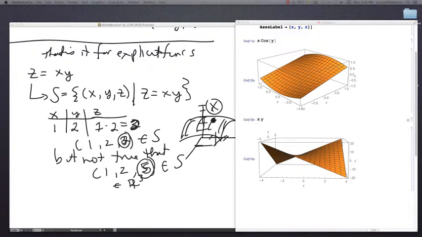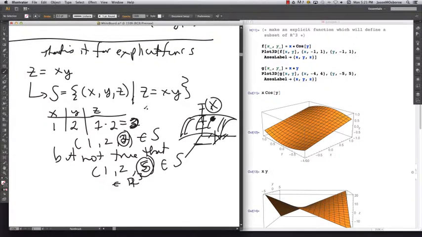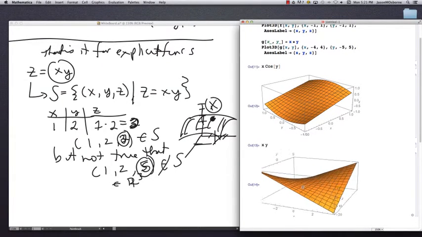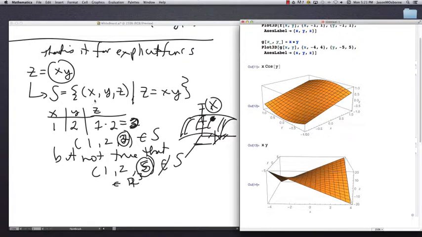Okay. Picking back up, this example was z is equal to x times y, and we showed what point was on the surface, and the point 1, 2, 5 was not on the surface. And so that's it for explicit functions, really. The only thing that changes is the actual formula, and if the formula changes, the picture over here will change also. From my perspective, the idea is to make sure you can count the variables so that you know